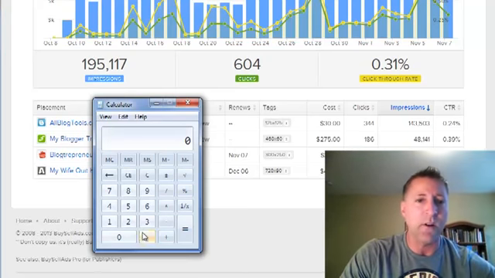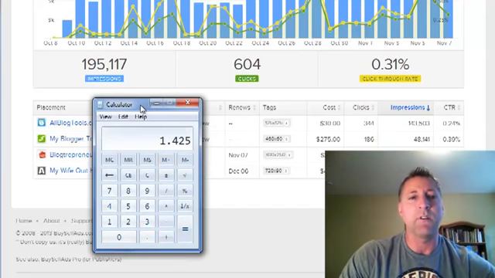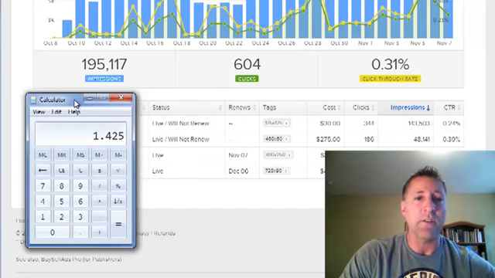If I take the total amount spent, which if I remember right was about $342, and divide that by 240 leads, that's $1.40 a lead, which is a really good lead cost in this industry.